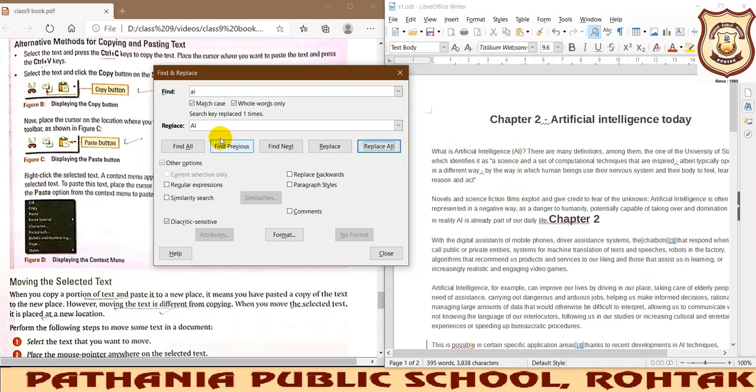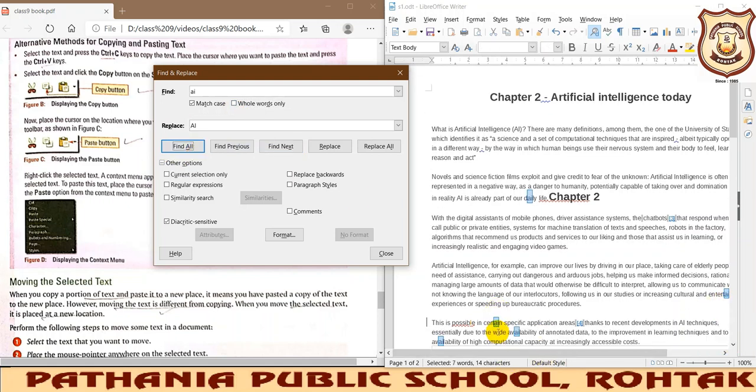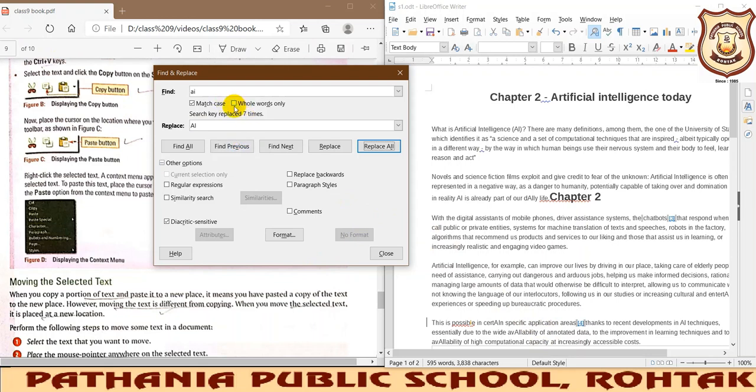Okay, so this way find. See what whole word means. If I am not using this option and I try to find AI, then AI is present in other words also. Certain may also contain AI, availability has AI. So if I give the command without this selection, then the small AI will get replaced with capital AI. You see, now in certain also AI has been replaced. Okay, so it will do it like this. So we need to be very careful. We want it to be done in what way, that way it will be done.